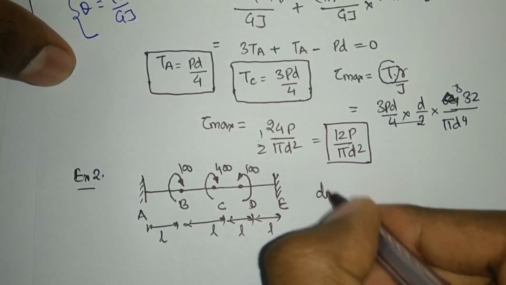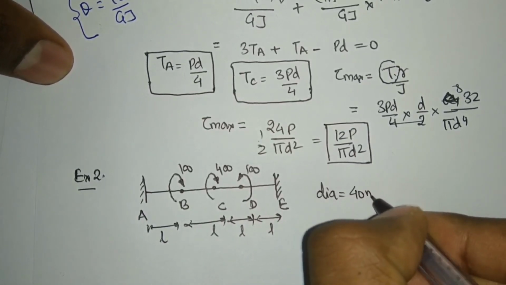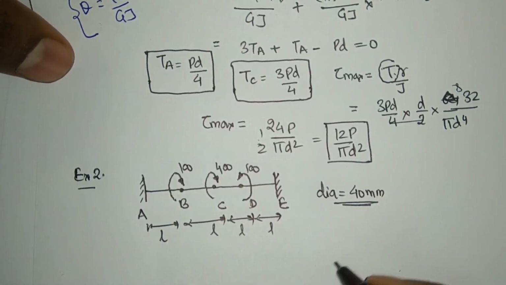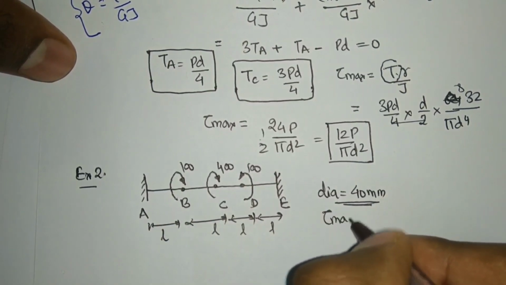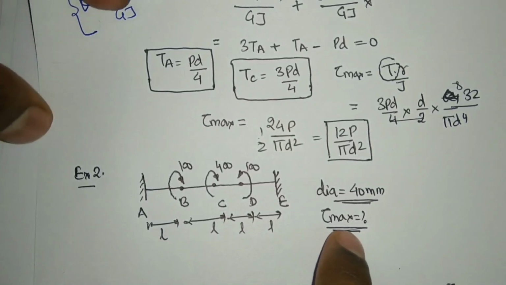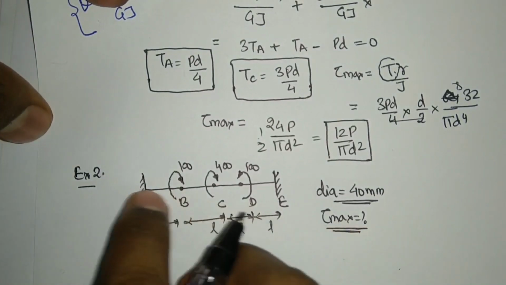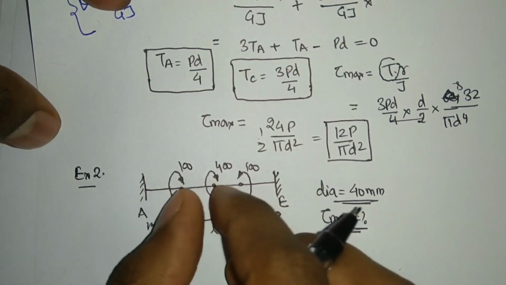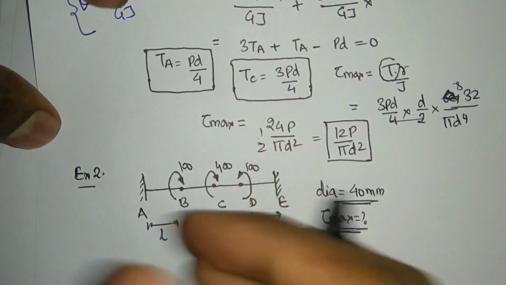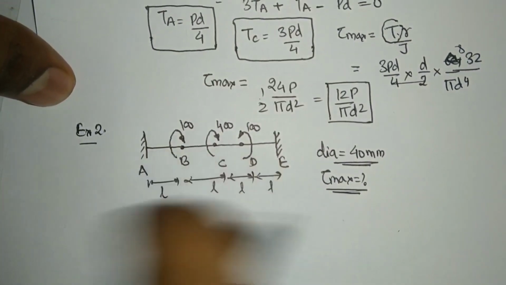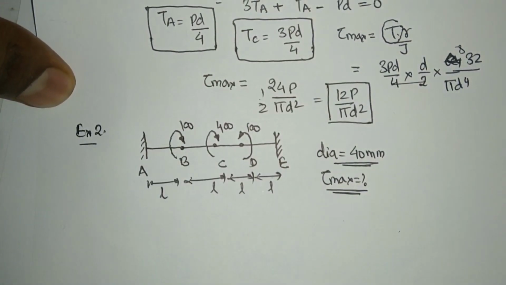Fine. The diameter that is given to me is 40 mm here. Okay, the 40 mm diameter of the shaft is there. What I need to calculate is what will be my tau maximum value. Again, I need to calculate the maximum tau value. So in order to calculate maximum shear stress on this shaft, I need to know what is the torque value acting on individual parts here. Okay, and in order to calculate the torque value, what I need to do, I need to calculate the reactions acting over A and